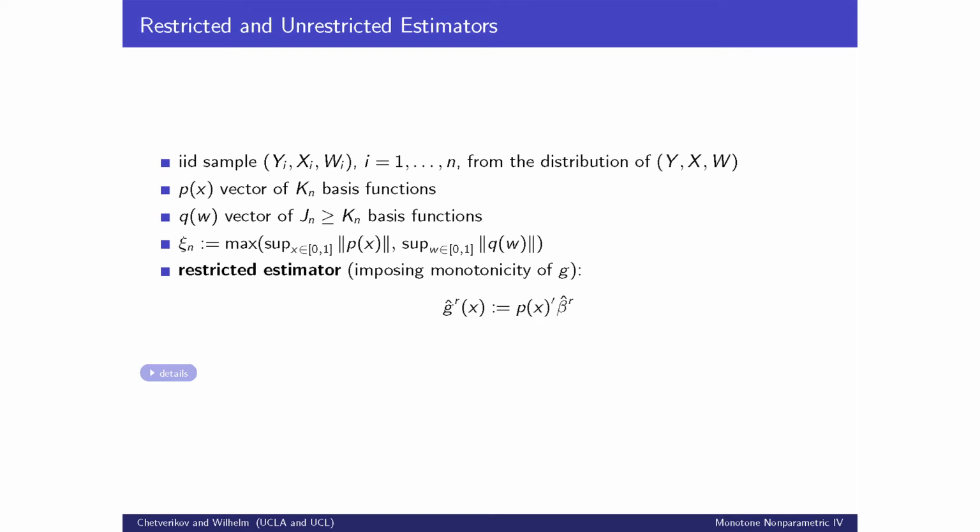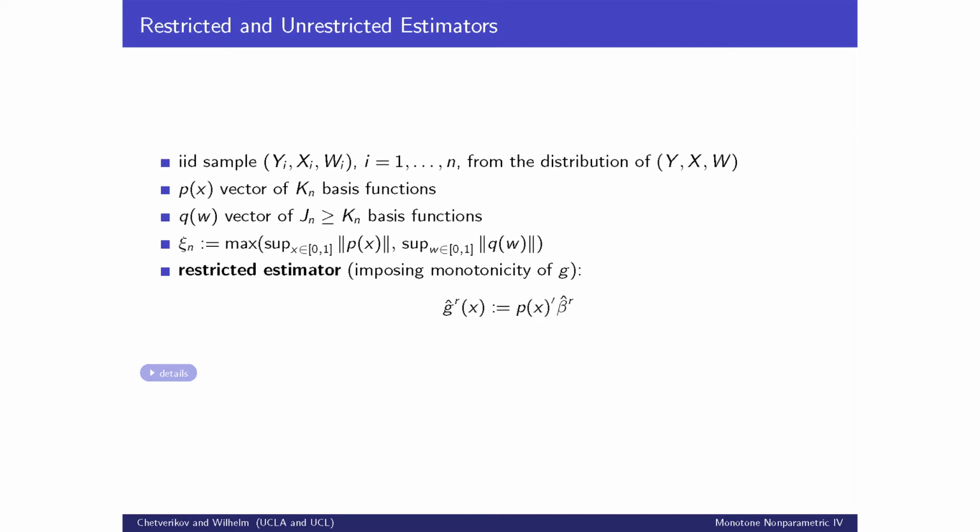And then this quantity psi is a very typical object in non-parametrics. It's going to show up in the rate later. This is the maximum that this basis vector can attain. You'll see this in a moment. So psi will be there. Oftentimes that's of the order of square root k, the number of series terms. And now we want to look at the behavior of this estimator g hat, which is two stage least squares as I just described,